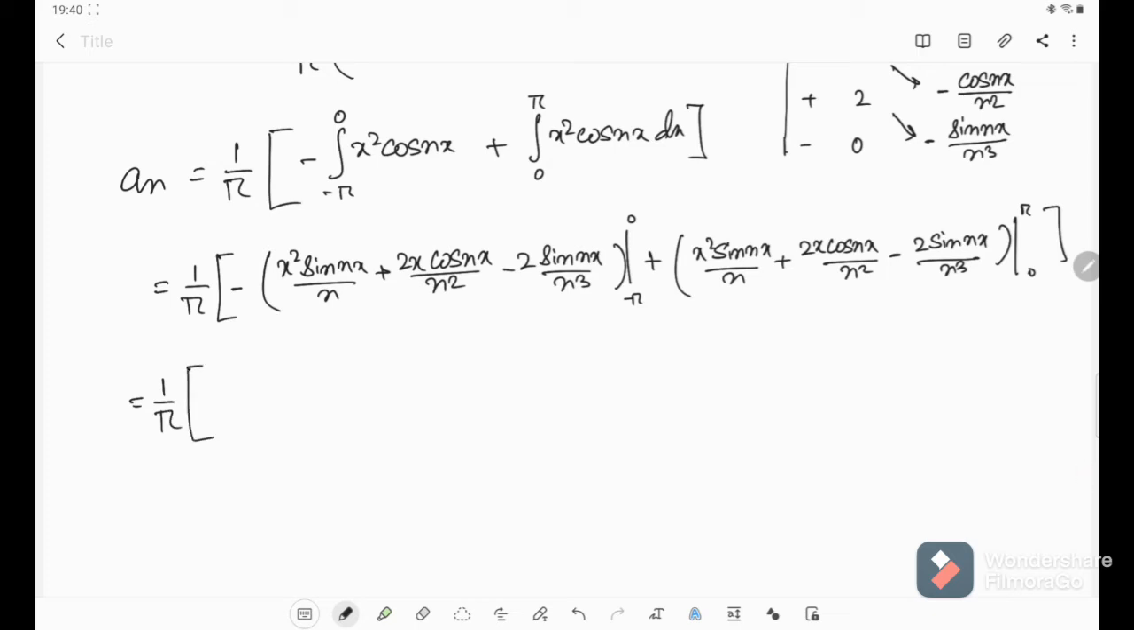Equal to 1 by pi. For 0 the terms will be 0 here. So let's go for minus pi. So sine n pi and sine minus n pi both are 0, so we will not have to bother about that. So what we have to do is minus of minus 2 pi cos n pi, and cos minus x is cos x, so I am writing it here in square, and ultimately we are getting